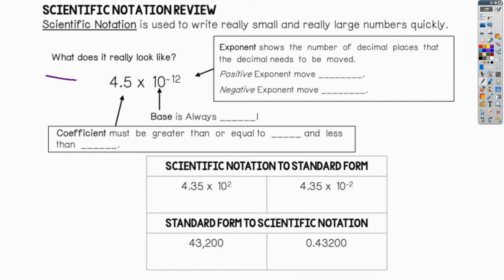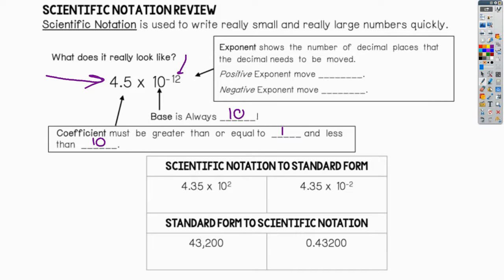If you look right here, we have a number written out in scientific notation. Remember, when we do a number in scientific notation, we must first always have a coefficient, which is just a normal number, and it must be greater than or equal to 1, and it needs to be less than 10. So just remember, this first number has to be in between 1 and 10. Finally, we always have it to a power of 10. And a power of 10 is when you have a base of 10, and then we have an exponent, like